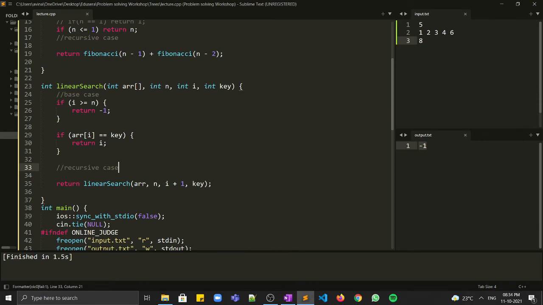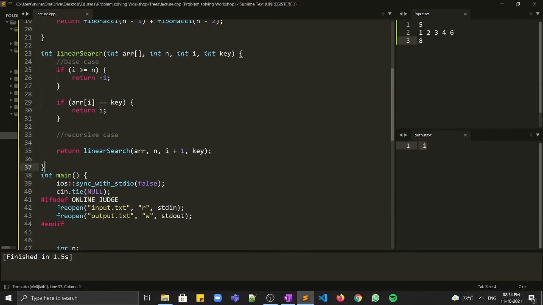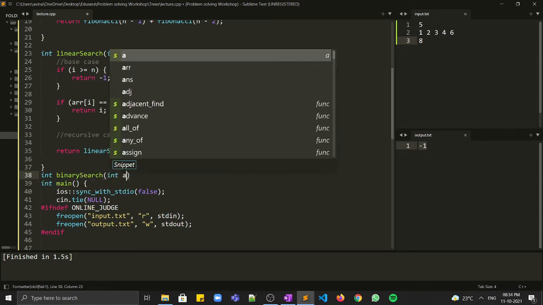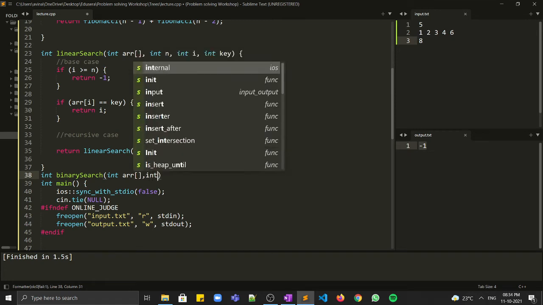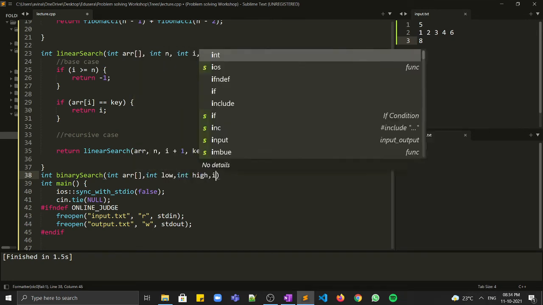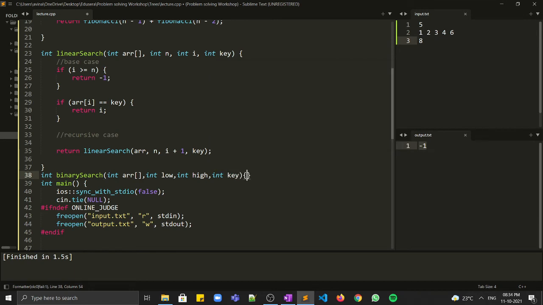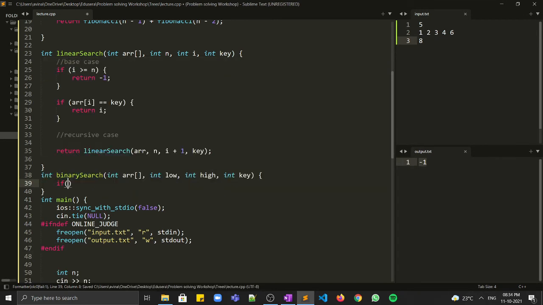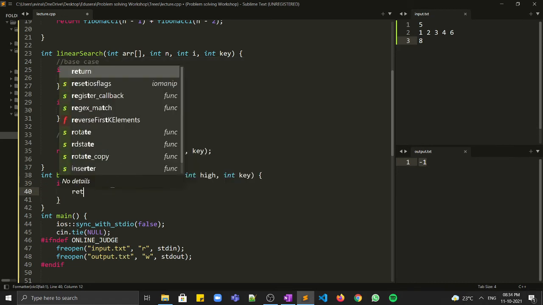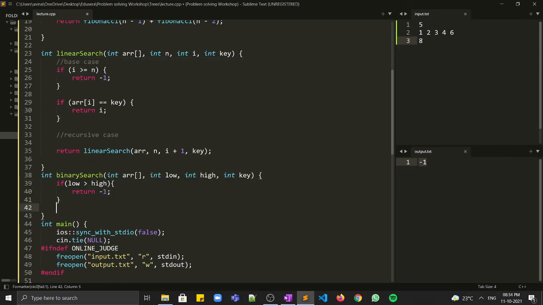Let us code this. It will accept an array as a parameter, low, high, and a key. As discussed, the base case will be if low is greater than high, you have crossed the boundary and there is no element left between low and high, and you can simply return -1.